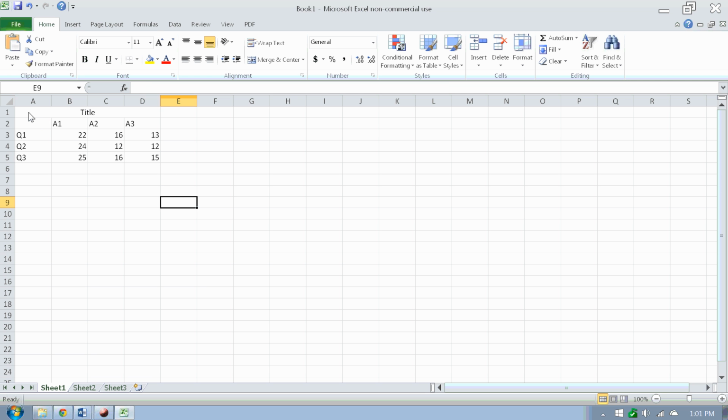Just to show you, then you could format your table